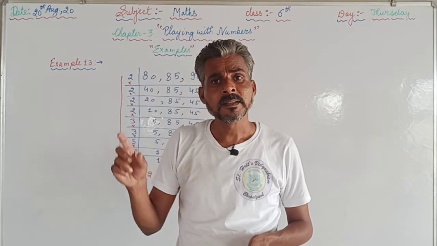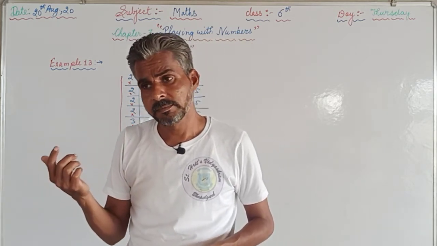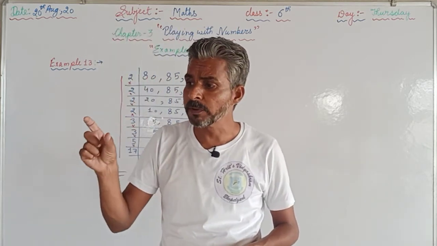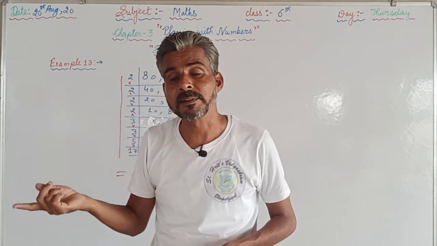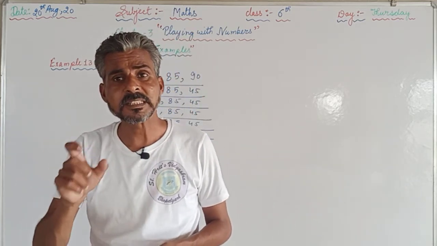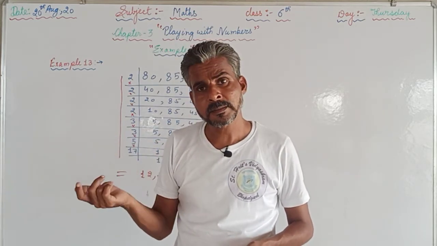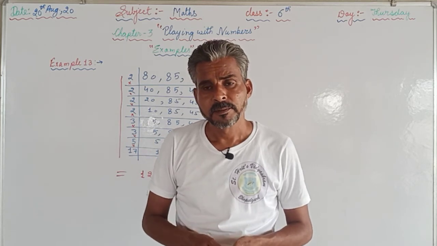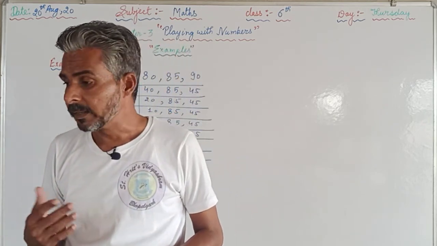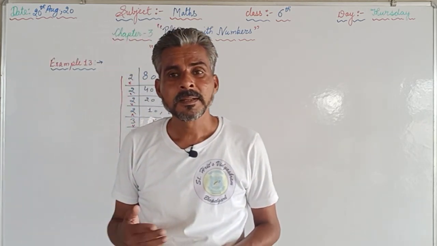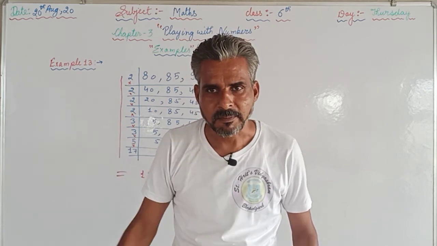Now the second part: find the number which when divided by these numbers leaves the remainder 7. So 144 is exactly divisible. So we will add 144 plus 7. We will add the remainder to that number which is completely divisible by these 4 numbers. So the answer will be 144 plus 7, that is 151. You can check, you can divide 151 by 12, by 16, by 24 and by 36. You will find the remainder in each and every case will be 7.